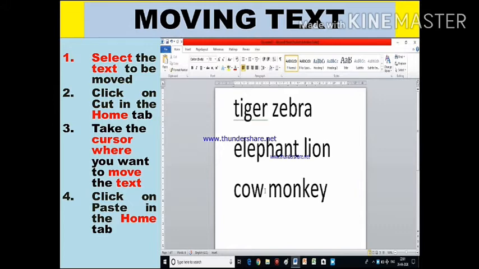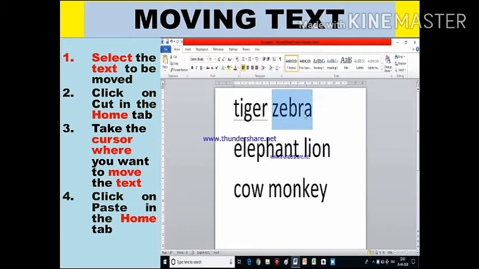We are moving the word zebra. So now I'll bring the pointer before zebra and I will select it. So there zebra is selected.